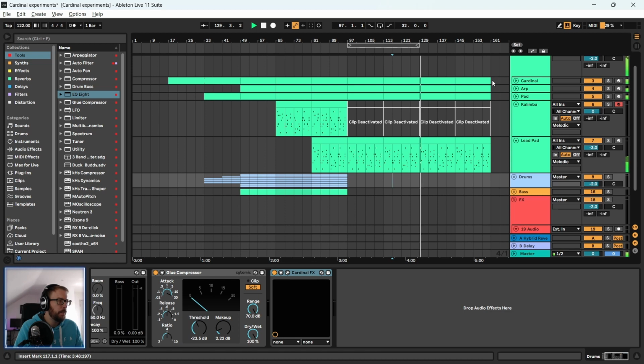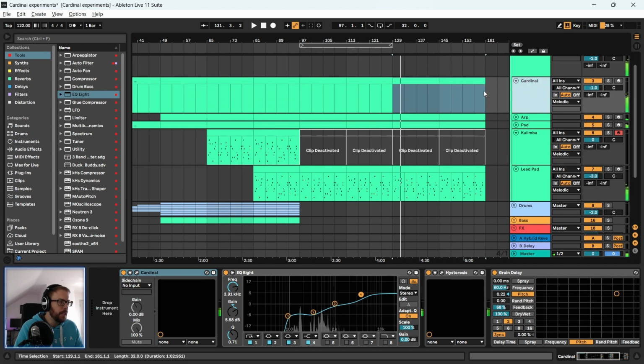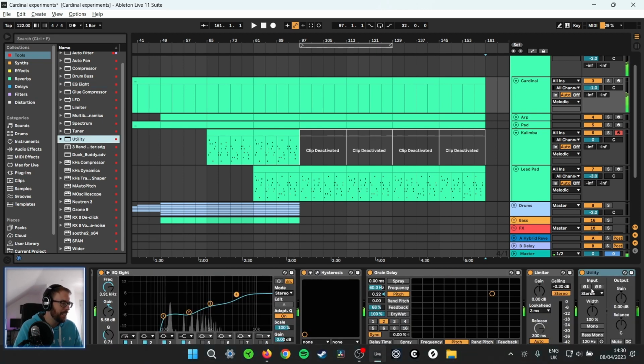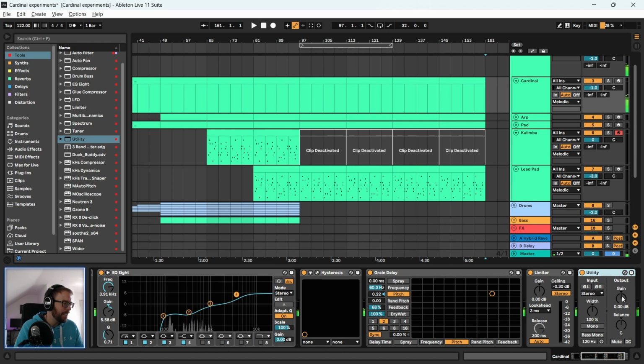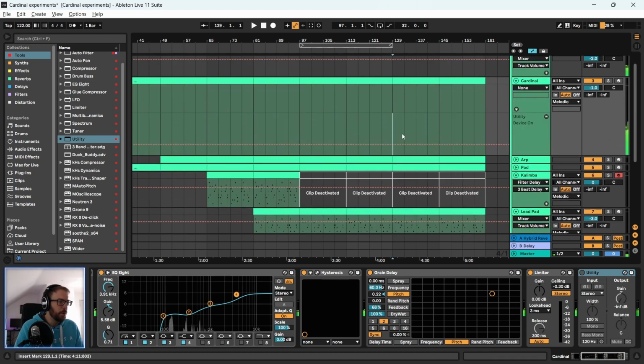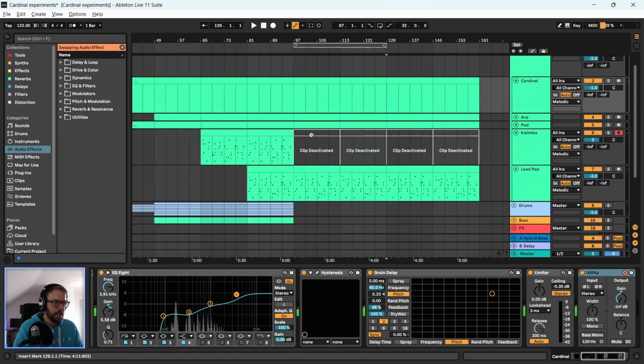And then maybe... Okay, I'm sure there's an easier way to do this, but I don't know what it is. So if we want to tell Cardinal to stop, cut it out for a sec, I feel like we have to just do this. I'm sure this is a real noob workaround, but if we want Cardinal to not play, the way that I've got it set up currently, I think I have to